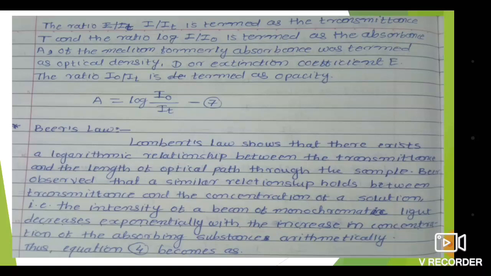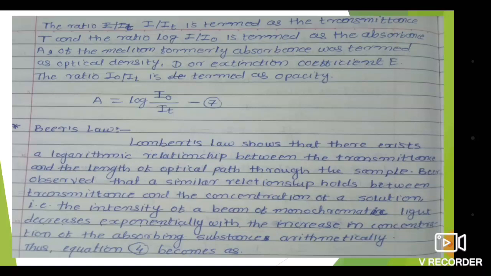So Beer observed that a similar relationship holds between the transmittance and the concentration of a solution. That is, as the concentration increases, transmittance decreases. So the intensity of a beam of monochromatic light decreases exponentially with the increase in concentration of the absorbing substance. So mathematically,